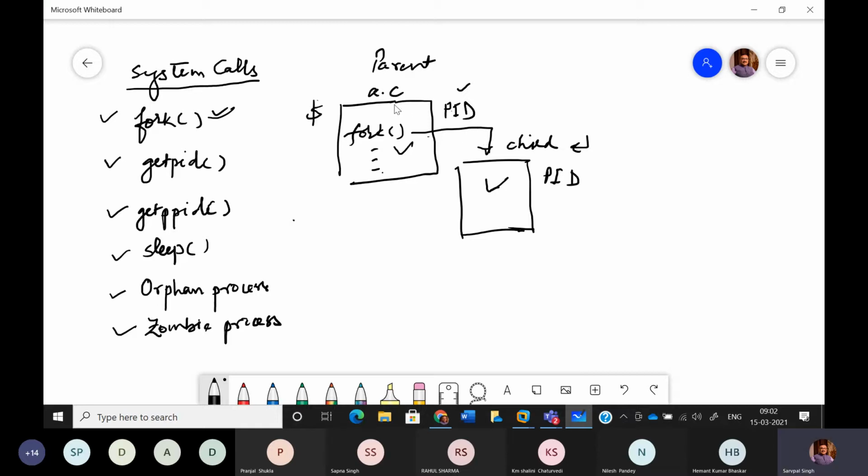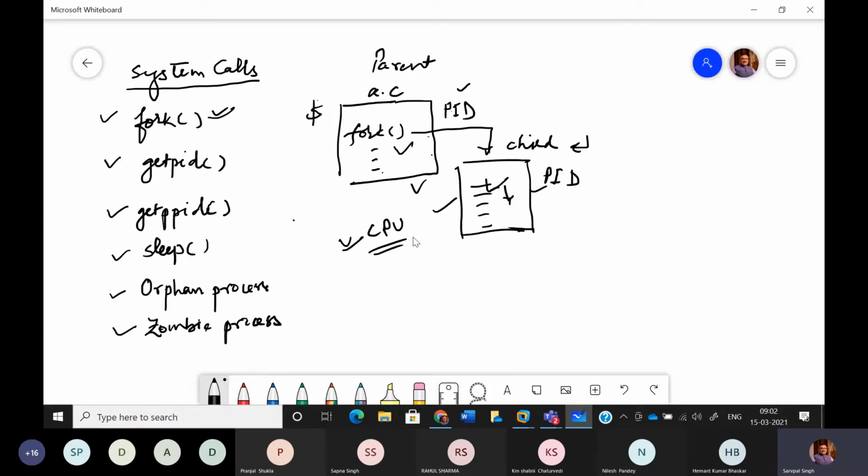So this process, which is the executable version of a.c, has at some point the occurrence of fork. Upon execution of this system call, it creates a child process, and now this child process has the same code as the parent, and this child can also compete with the parent for CPU slots. So now we have two processes in memory, the original parent and the child process, competing with each other to get a chance for execution on the CPU.